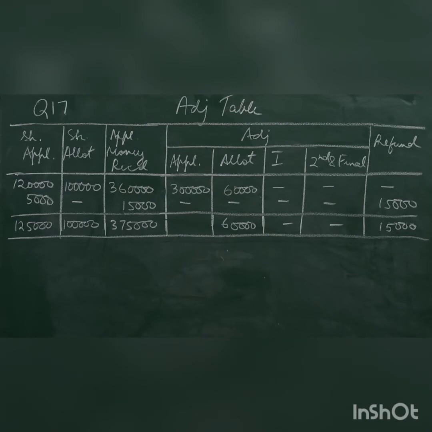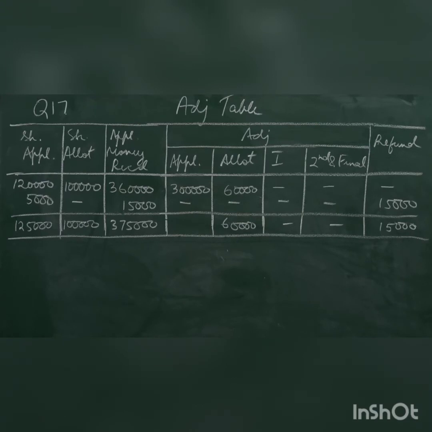Of that you have decided to allot 1 lakh shares, but you have received at the rate of ₹3 application money on 1,20,000 shares, that is ₹3,60,000. Since you have decided to allot 1 lakh shares, your application money should also be on 1 lakh at the rate of 3, that is 3 lakhs. So in the column of application under adjustment, column number 4, you will write 3 lakhs. But you have received 3,60,000. So you have excess money of 60,000 which will be adjusted towards allotted money of that 1 lakh shares later on.